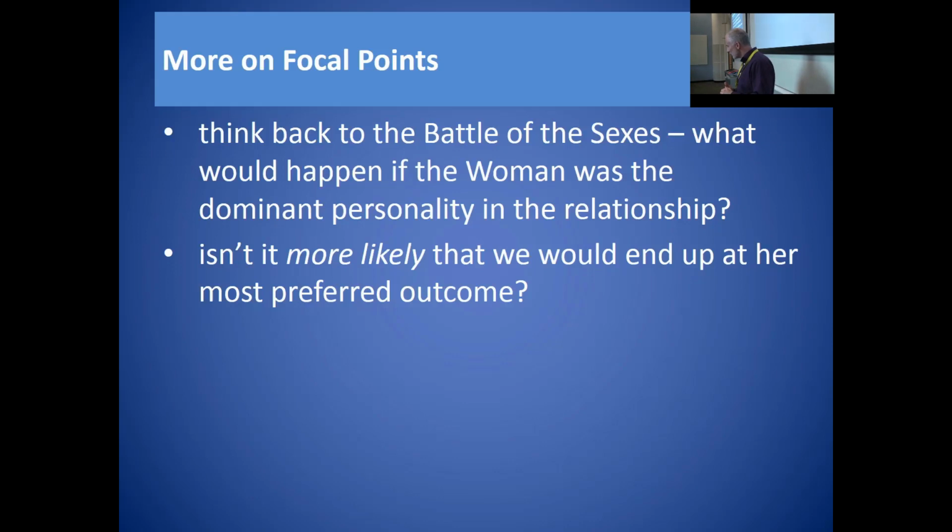But if that were the case then, isn't it much more likely that the outcome that we would observe would be where they both went to the opera? So with that extra bit of social information, we're led towards one of the outcomes. One of the outcomes is more plausible. It's focal. It doesn't matter what causes it to be more focal, it's just certain outcomes